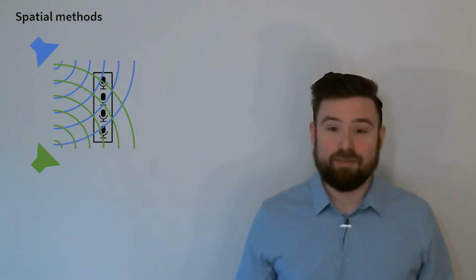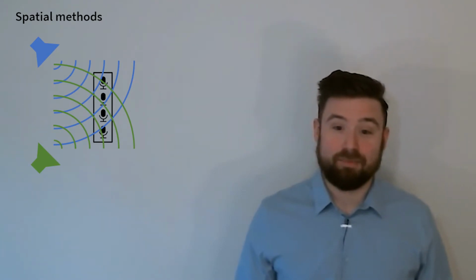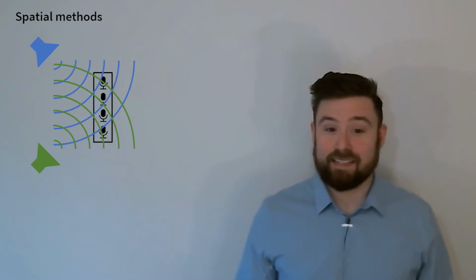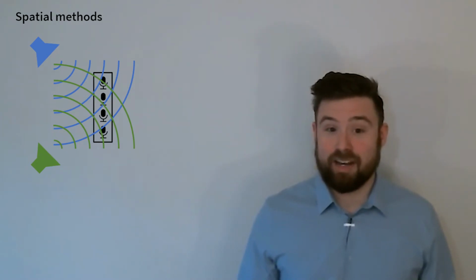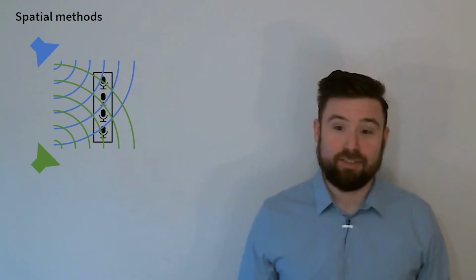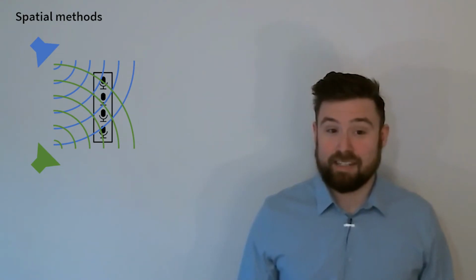Spatial methods rely on multiple microphones spread apart from each other. Sound waves from different directions reach the sensors at different times, so we can tell what sound came from where. We can use spatial filters, which are sometimes called beamformers, to isolate sounds from certain directions. Spatial methods don't rely on assumptions about the signal structure, and in principle, they can separate as many sources as there are microphones. However, we need to know the locations of the microphones and the acoustics of the room.